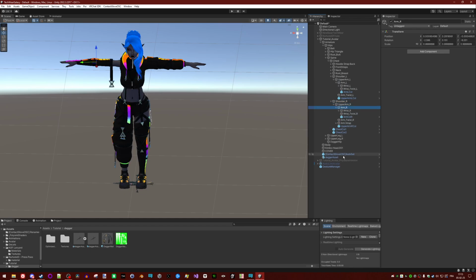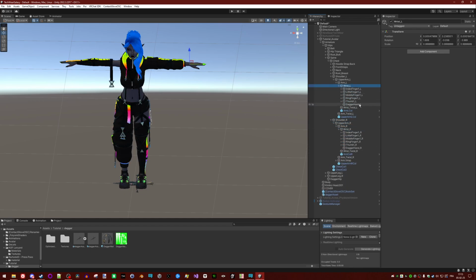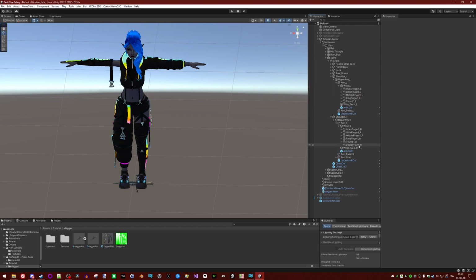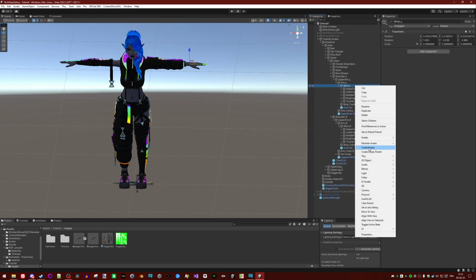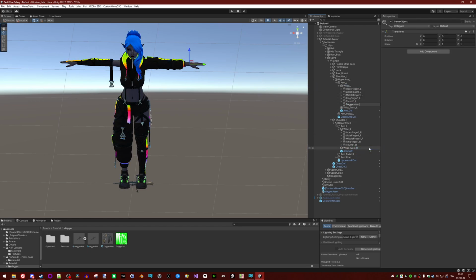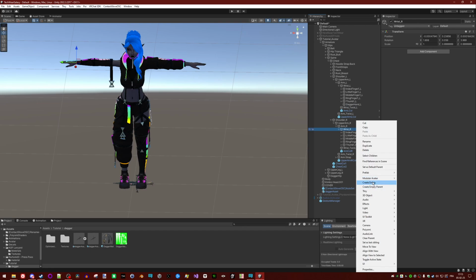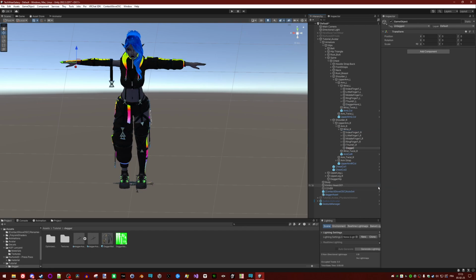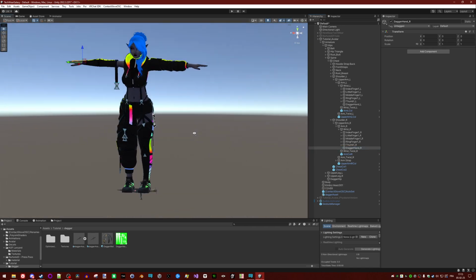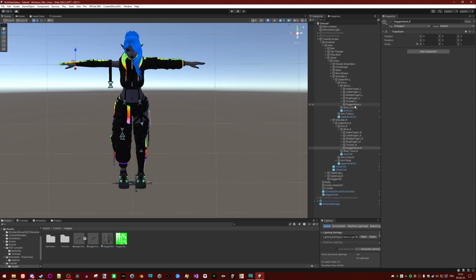So I will create an empty, dagger L, and dagger R. Note that we have the three empty transforms.